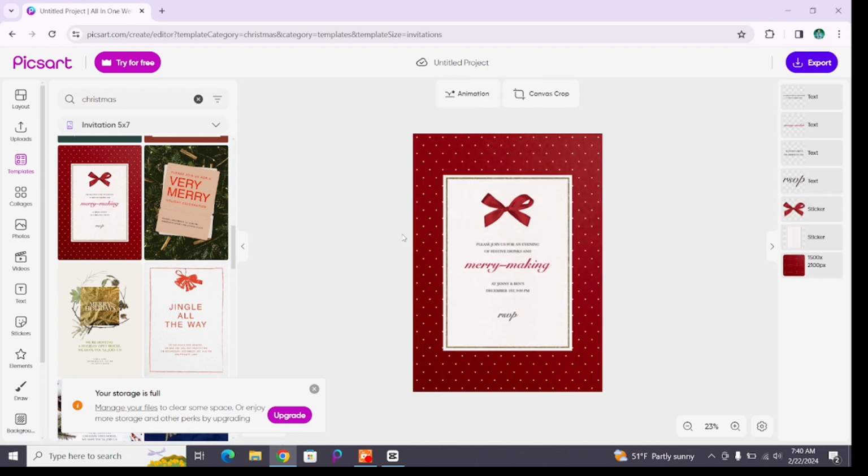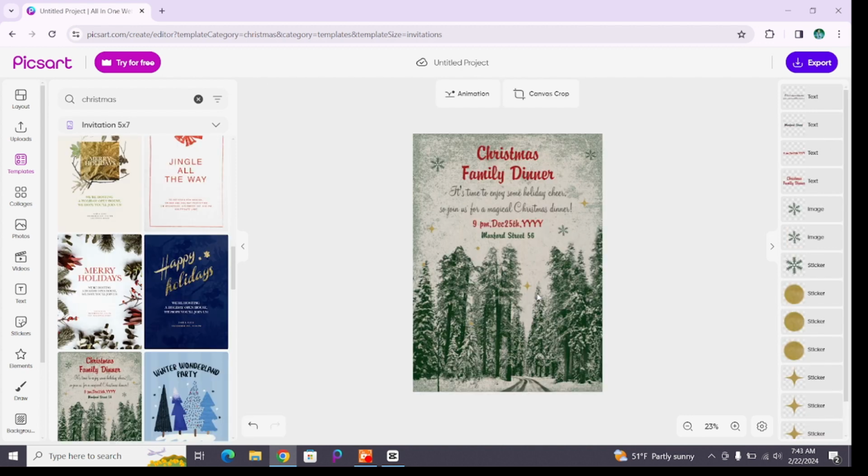At the right side you will see different elements that are being used in this template. By simply clicking on each of them, you can edit them. You can also use this rewrite with AI text by clicking on it, and AI will generate a new text for you. Once you have customized your Christmas card according to your preferences, now you can download it to your